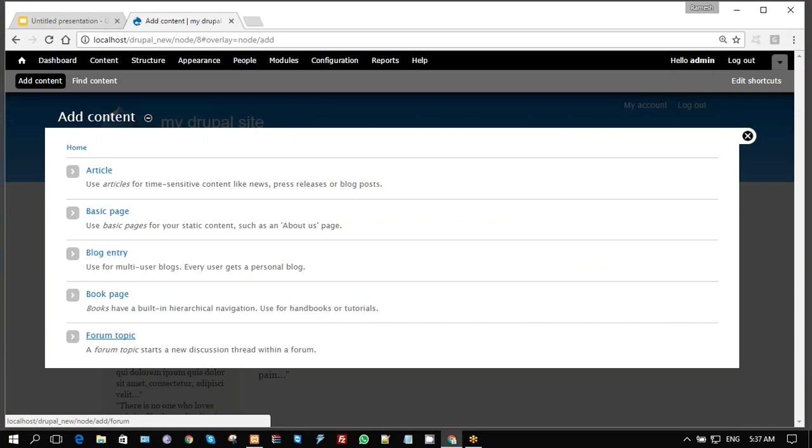Our next topic for this session is modifying the content. In this topic, we will study how to modify the content in Drupal. You can modify any of the previously used content types, such as articles, basic page, or blog entry. To do that,